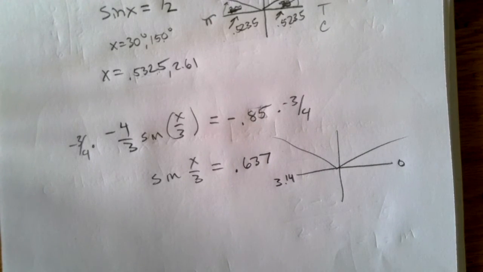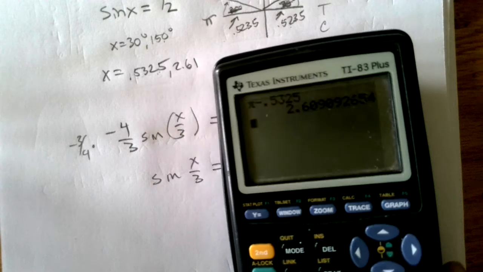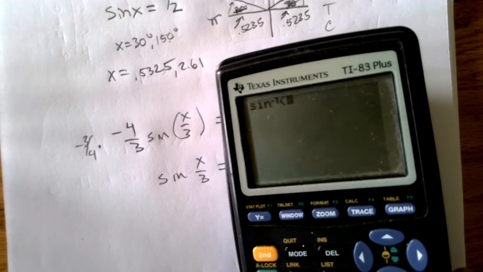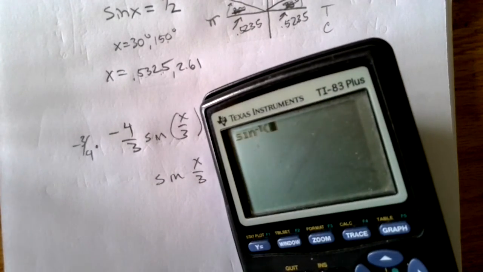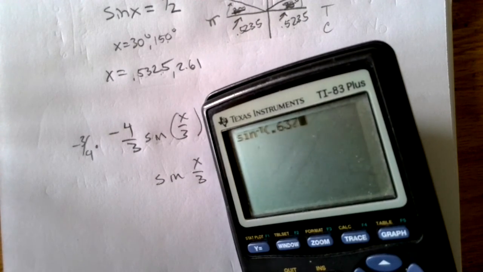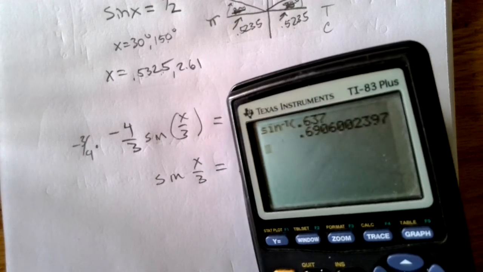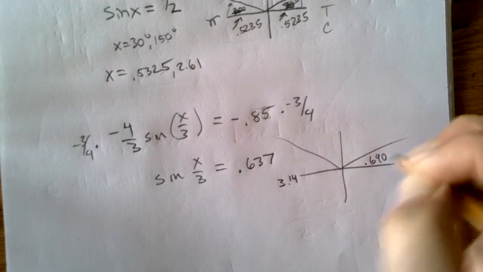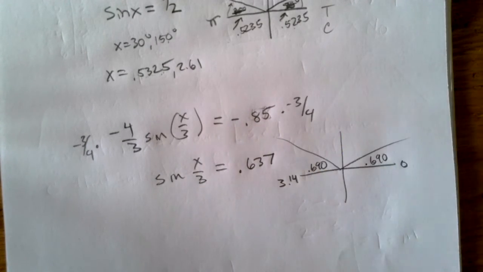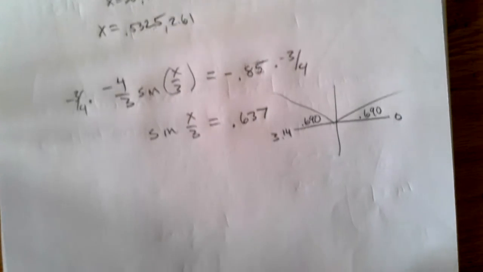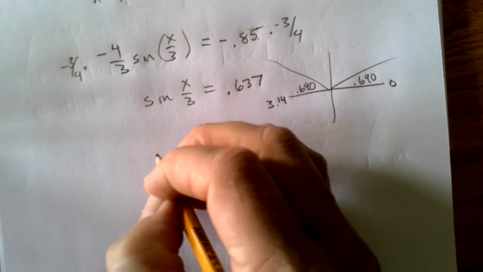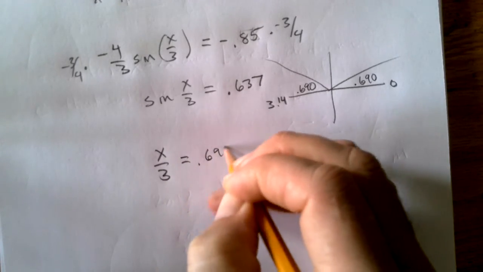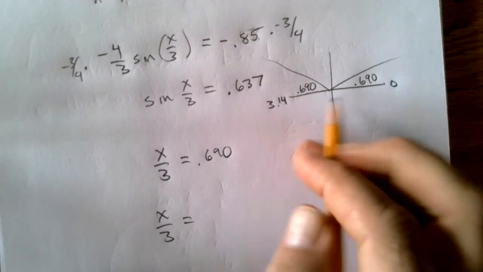So I'm going to go ahead and take this and I will do sine inverse of 0.637. I get 0.690. So x over 3 is what's left, is equal to 0.690, and x over 3 is also equal to